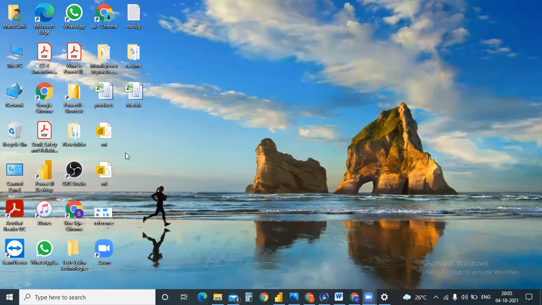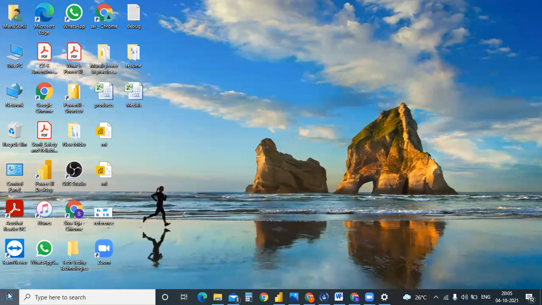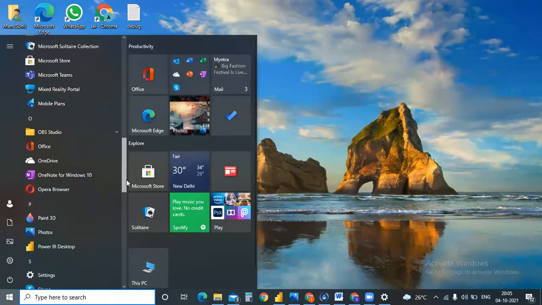Just let me know once you can see my screen. Are you able to see my screen? How to open Excel? Just go to Start and scroll down.